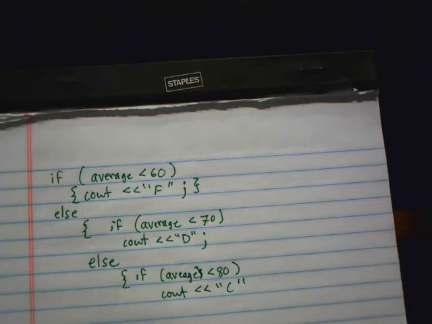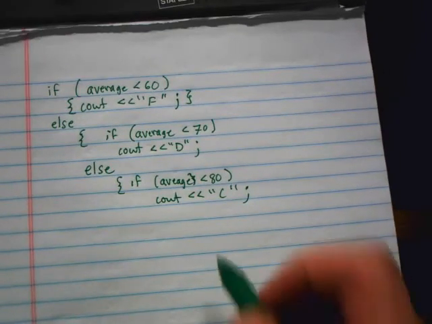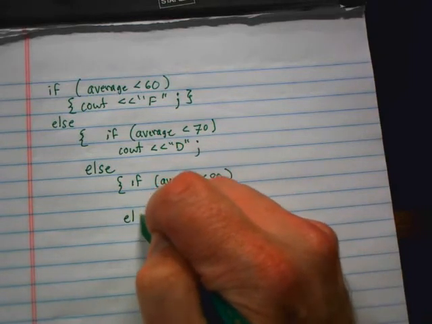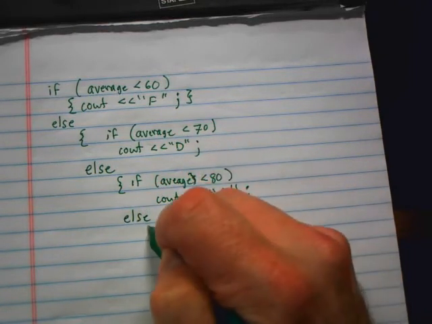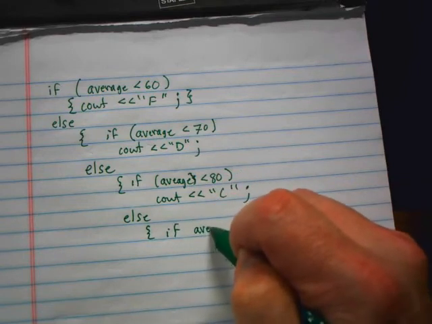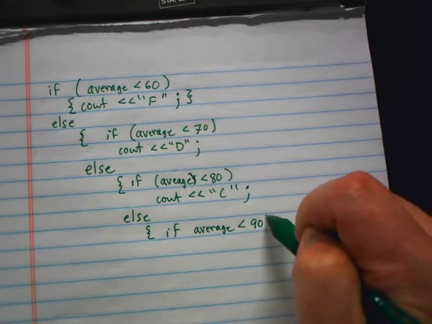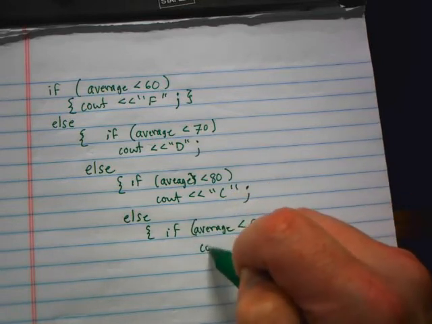And then, semicolon. I almost forgot. Keep going, right? Next one is else. Another curly bracket. If average is less than 90, cout B,